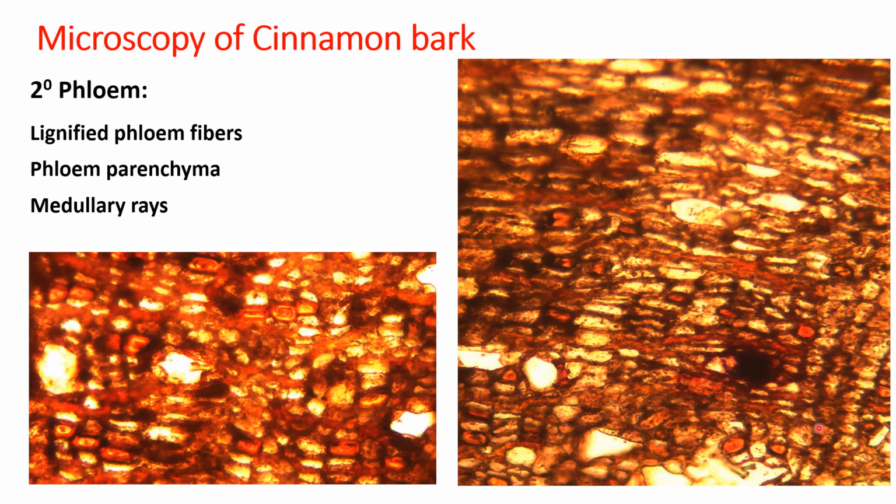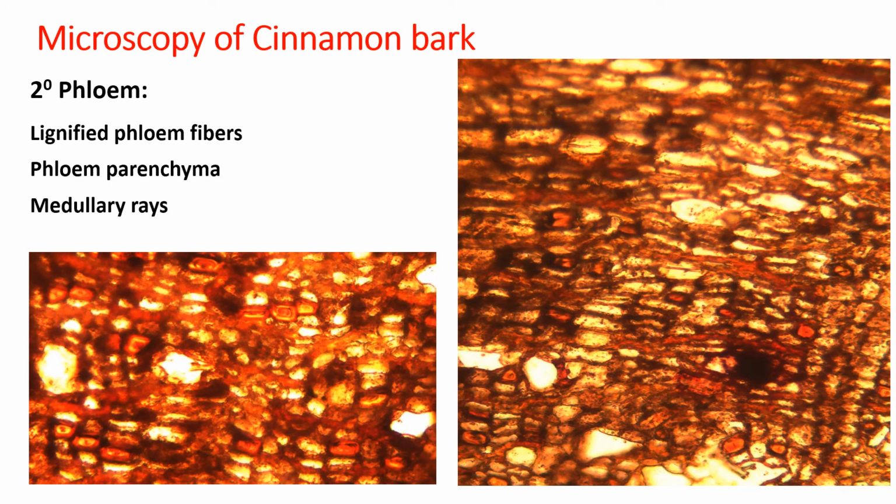So here in this case you can find them arranged in a definite longitudinal pattern. Here we have taken a transverse section, but medullary rays in the same transverse section appear to be longitudinally cut along their length. So they appear elongated. This pattern of cells is also called radial elongation. Radial elongation means elongation is along the radius. Whereas these cells have elongation along the tangent. They are called tangentially elongated cells.